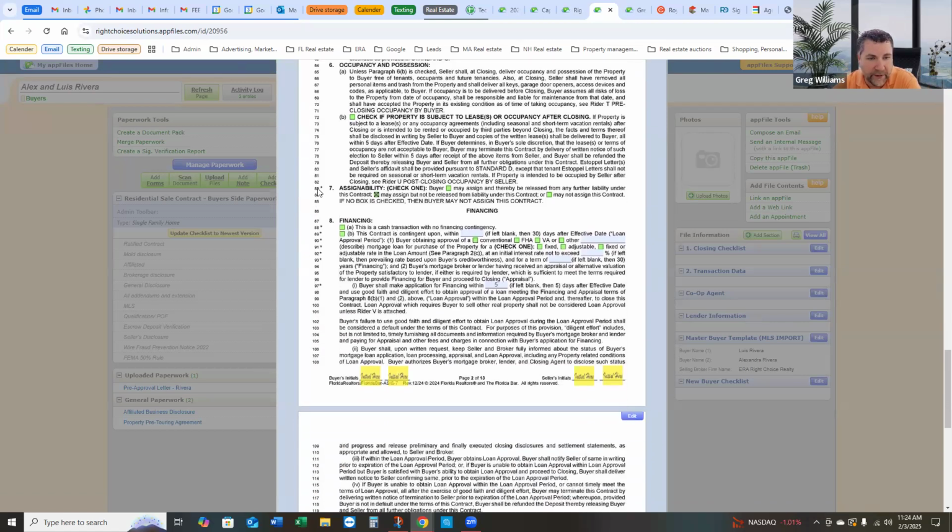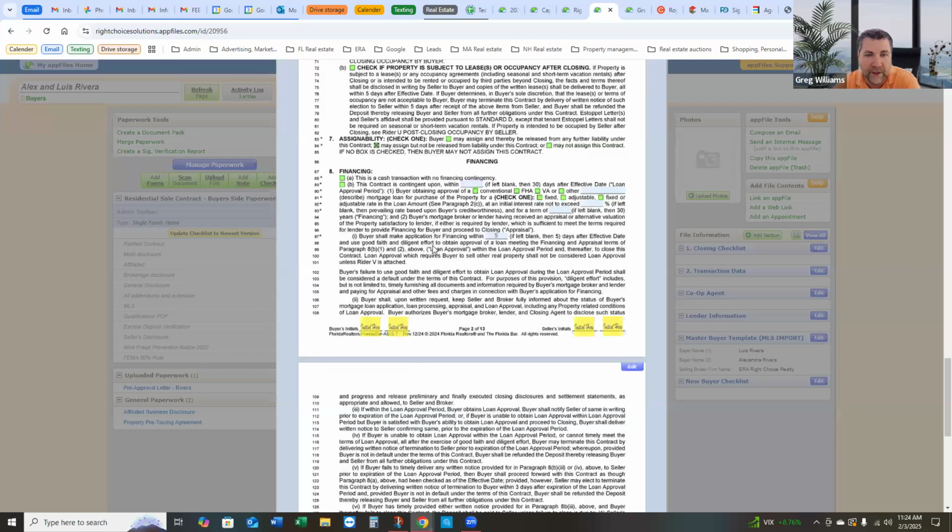A little pro tip here, as you're looking at the lines, there's a little asterisk on the lines that need your attention. So we have this set up so that they may assign it but not be released from liability. That's kind of the standard that I go with. This top one would be may assign and be released from liability, which is probably not something that you're going to use very often. And this one says may not